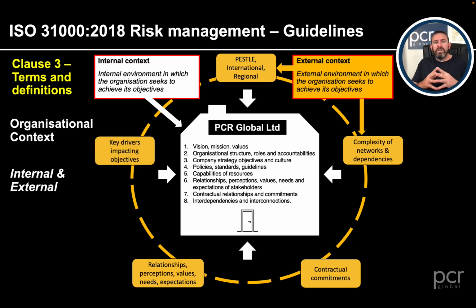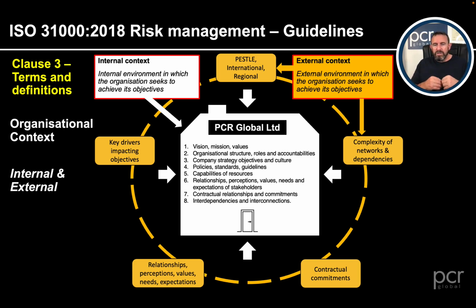And what are the sort of key drivers that are impacting our objectives? What is going on externally that is going to affect us from achieving our objectives, which is, as an organisation, making money, of course. Achieving what we're set up to do, but we need to make money to stay afloat, of course. So there we can see, in the white we have the internal environment, orange we have the external environment, and that is the organisational context.